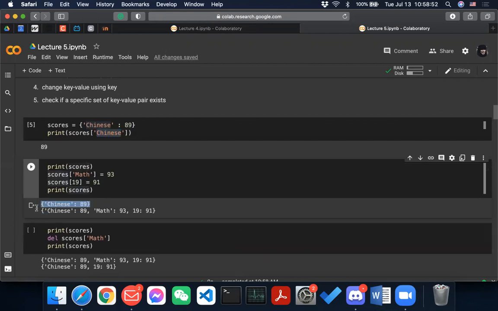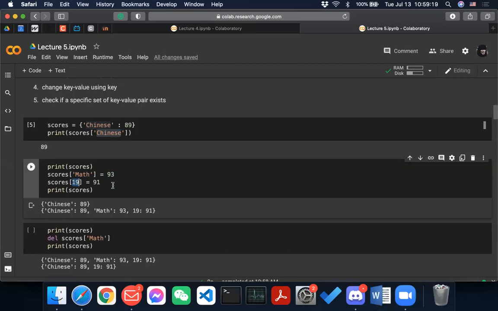And then you can add a specific item or a specific key value pair using this technique. So you can have score math is equal to 93, and here it doesn't have to be a string, it can be a number as well, right?